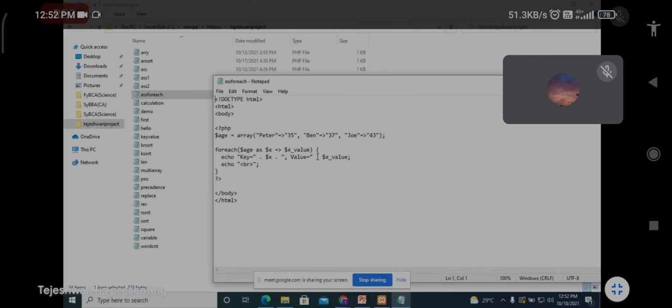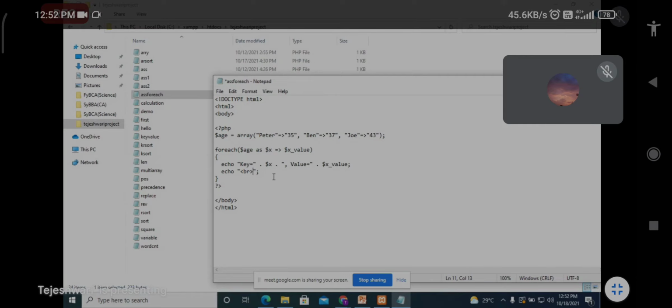Then open brace. Then we have to print the values one by one, key or value. So echo "Key=" . $x . Dot is for concatenation, because we want the statement on one line. Then $x is only for the key.